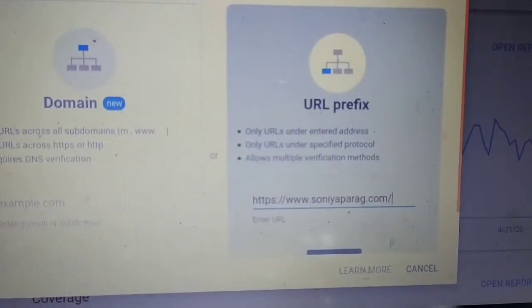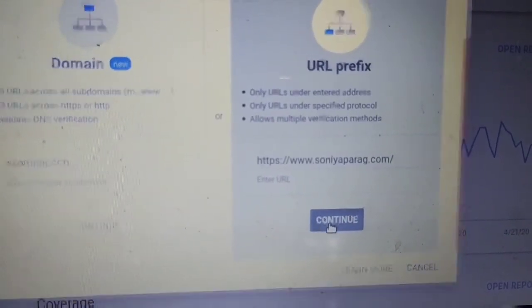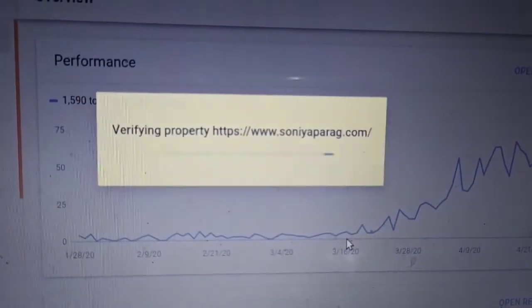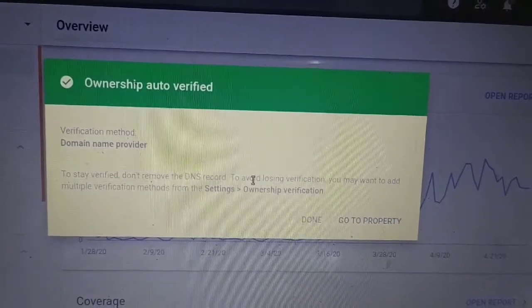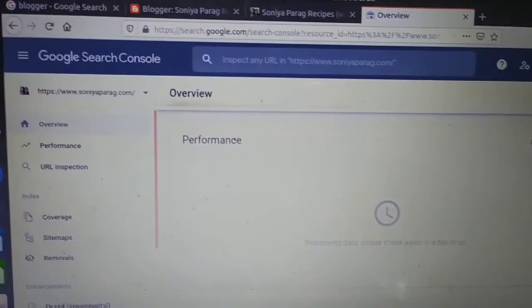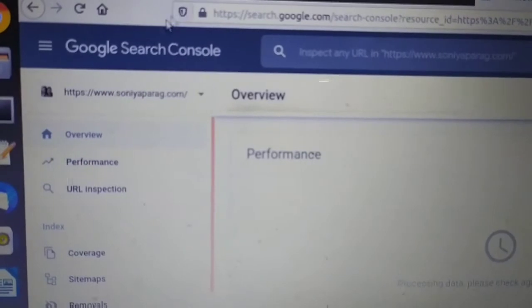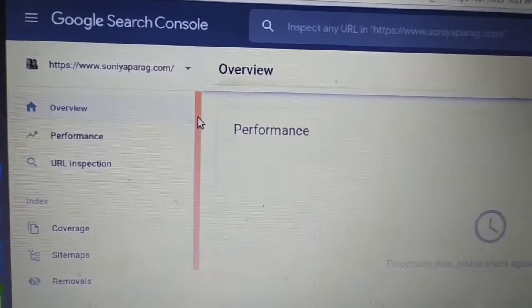After that, scroll down and click on Continue. Here we got a window showing our property is added. Then we'll go to the property, or you can also click on Done. The property which we added is showing here with HTTPS and our website name.